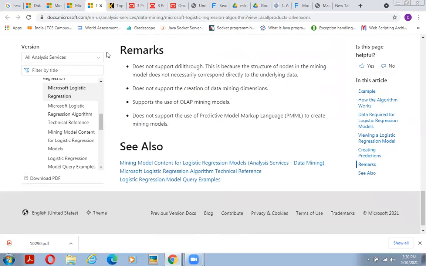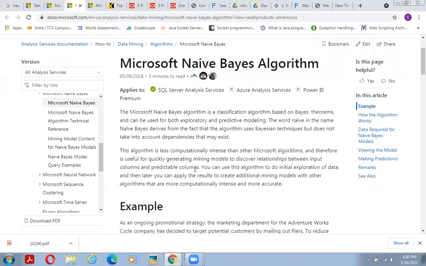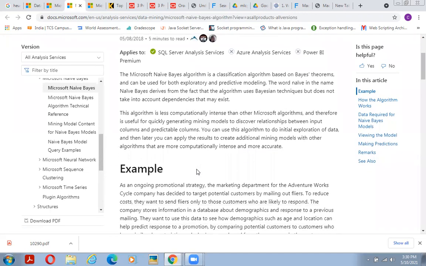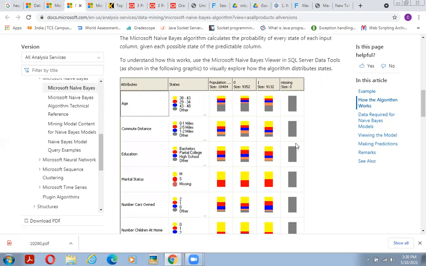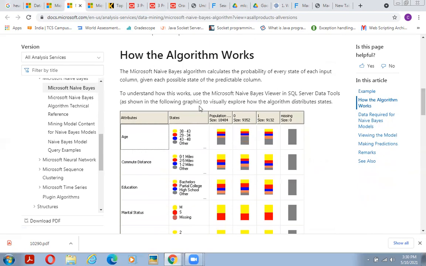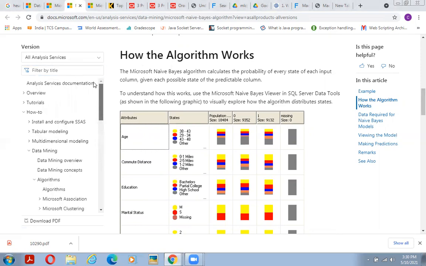Then we have a point about the naive Bayes algorithm. How this is a classification algorithm. We have understood the Bayes theorem and how things work with the Bayes algorithm. So this is a brief introduction to what the algorithm part within the subject data analysis is all about. I hope you understand what algorithms and the types of algorithms are all about.